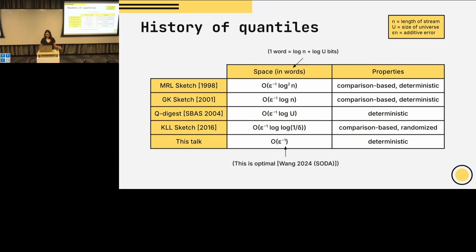So anyway, those are the two most well-known deterministic algorithms for quantile sketching. The third algorithm that I want to draw attention to is the KLL sketch, which ties into what Avram just brought up. The KLL sketch is randomized. It also satisfies the comparison-based property, which is stronger than not satisfying it. And this one achieves epsilon inverse log 1 over delta.